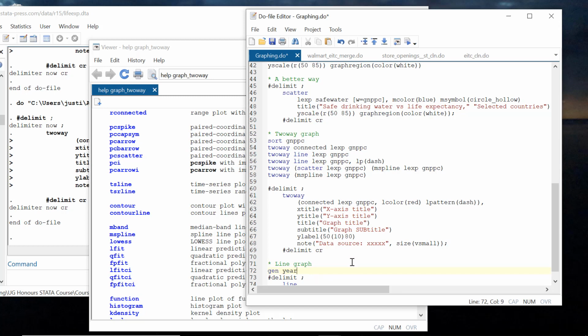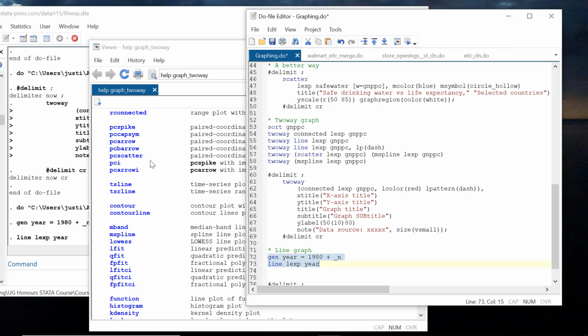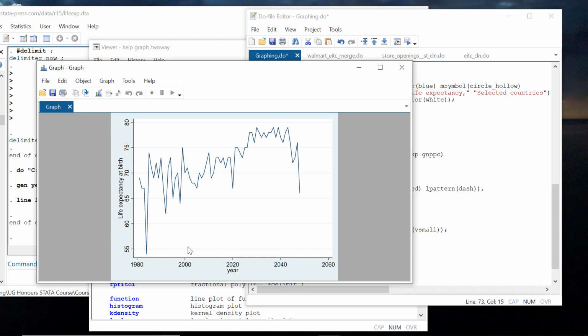Right. gen year equals 1980 plus the observation. So we're creating this now. We're creating years that obviously are not actually matched to things, so this is not real data. But if we did look at that, sorry, I went back through my notes. I was just trying to skip over things I didn't think were going to be useful for you. So if we had data over time, now again, these are not real time periods, but if